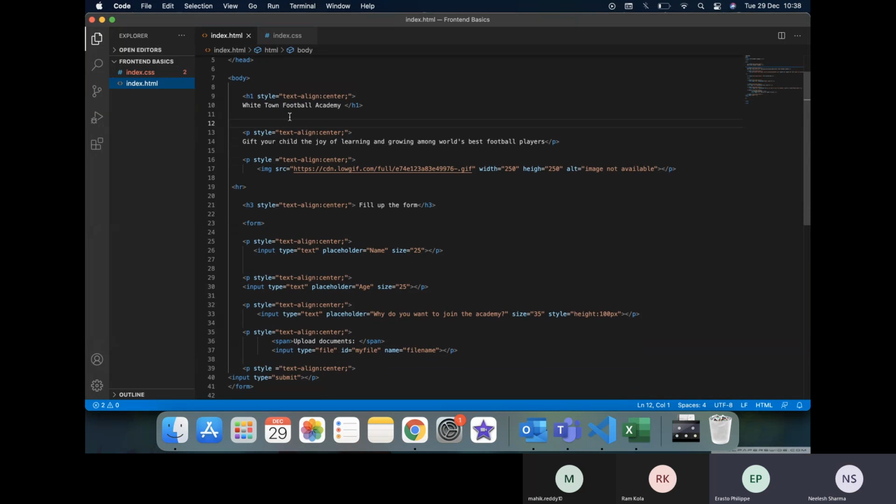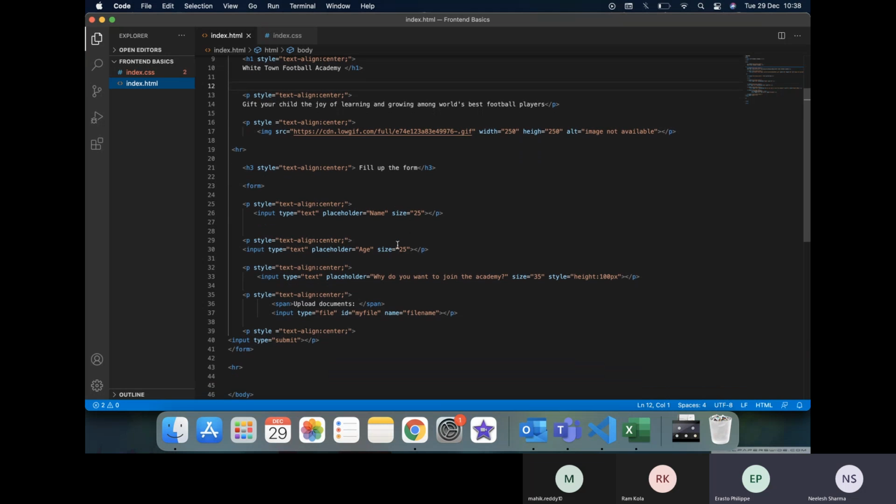So instead, I wrote center align for everything. Oh, so you did the CSS thing. So what you have done is, this is CSS, the style attribute which we discussed. So Ramchandar and Maheshwari ji, in case you don't